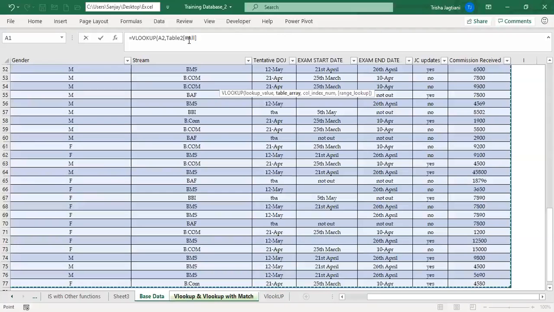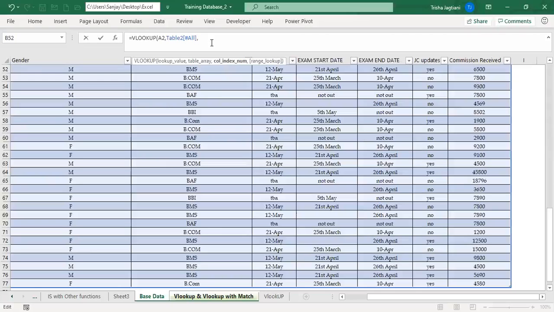I will not have to press F4 this time because I have given the name as table 2. Like we have seen in the other videos where we were trying to do sum using the table, there we did not freeze the database because it is not going to change when I drag the information down as it is converted into a table.